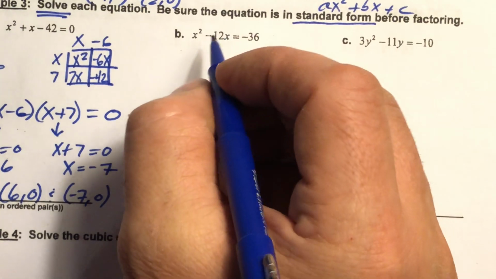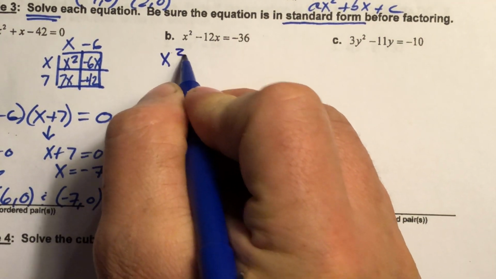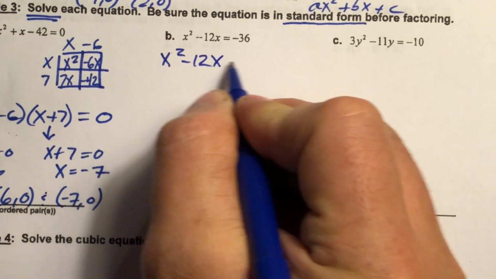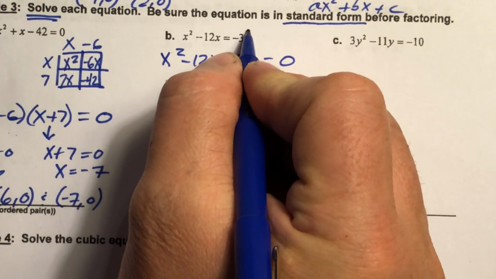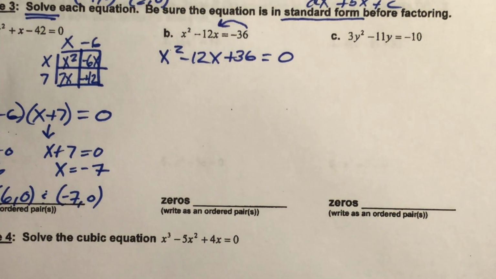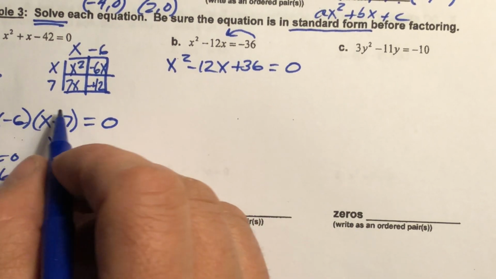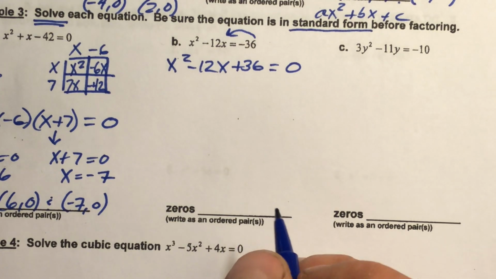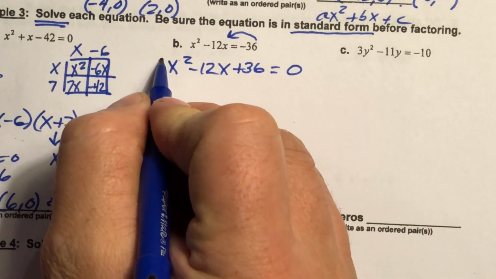All right, now this one right here, b, is not in standard form. So we have to rewrite it. X squared minus 12x plus 36 equals 0. We had to add 36 to bring it over to that side. Okay? All right, now you can use your box method. You could use your grouping method. All right? So since A is 1,